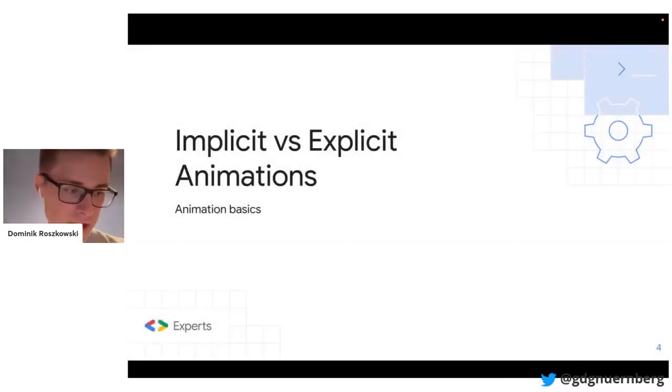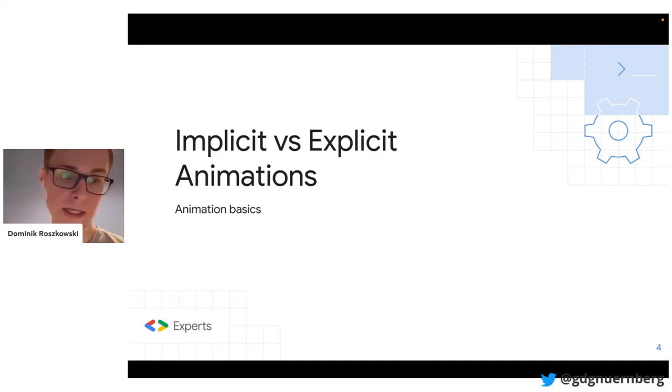When we talk about animations, we say implicit or explicit, or intrinsic and extrinsic, right? There are a couple of different approaches, but the main difference is that implicit animations are the ones that just happen without any kind of driver, right? You press a button, something changes, and the animation runs, and you don't need to control that it needs to start right now, it needs to end in 2 seconds or whatever. It just happens implicitly.